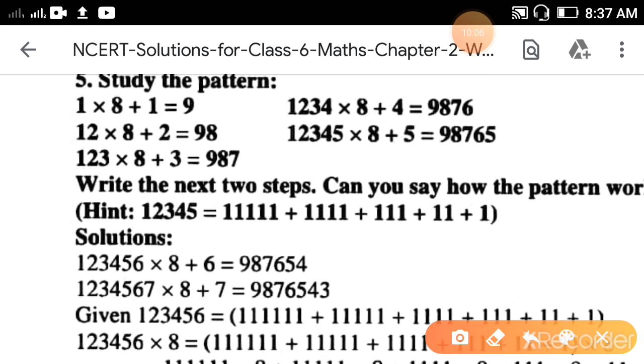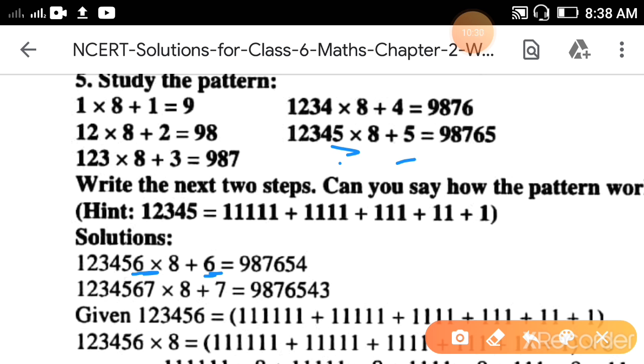Here, what is the next step? You have to write 2 steps here. So in the next step you can write 5, and after 5 what comes? 6. So here 6. Then here 5 is there, here also 5. So here also you have to write 5. Whatever digit you are writing next, that also you have to add.